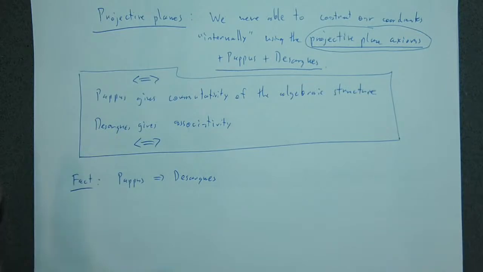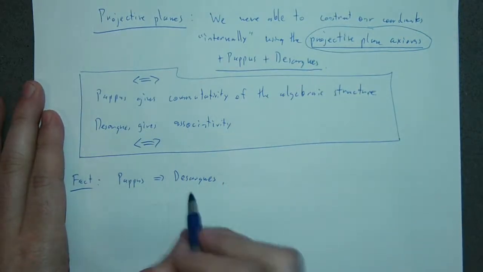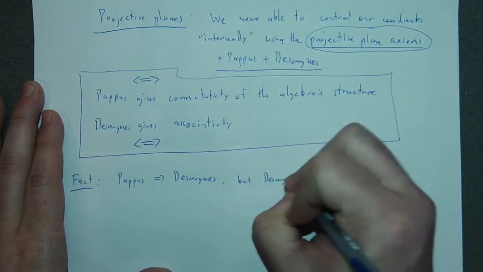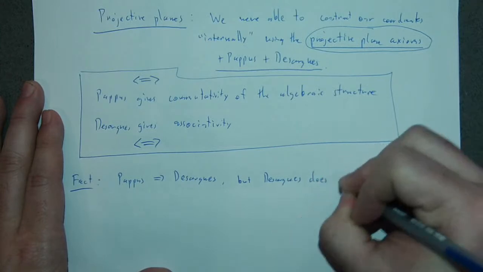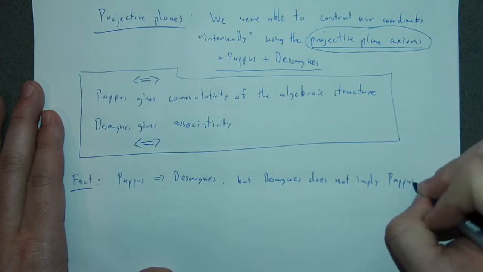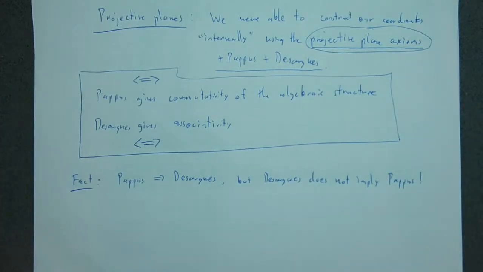So the other implication, the converse direction, is actually not true. But Desargues does not imply Pappus. But this wasn't known until like much later. Okay, this was something that was not known. I think maybe this was known in the 1930s. By like 1935, maybe this was something that was known. But anyway,